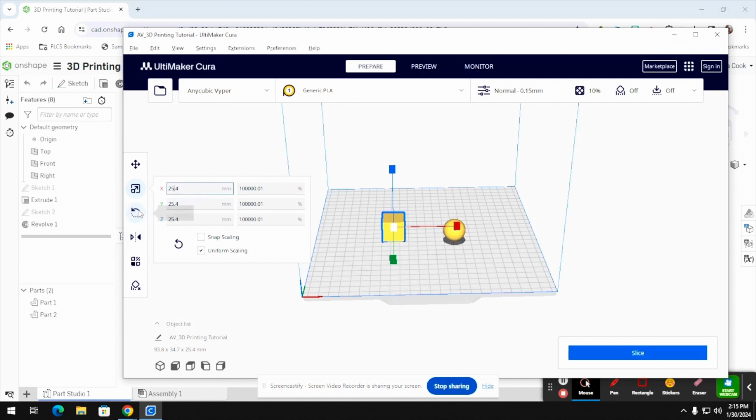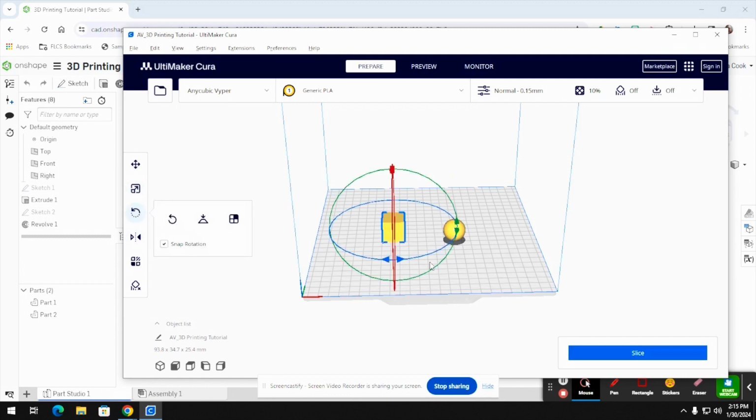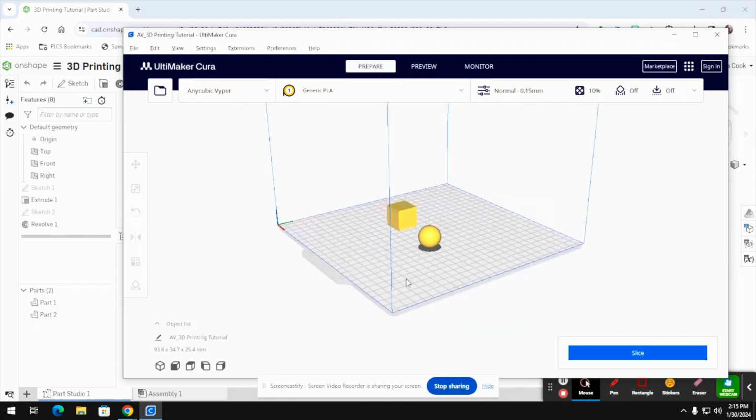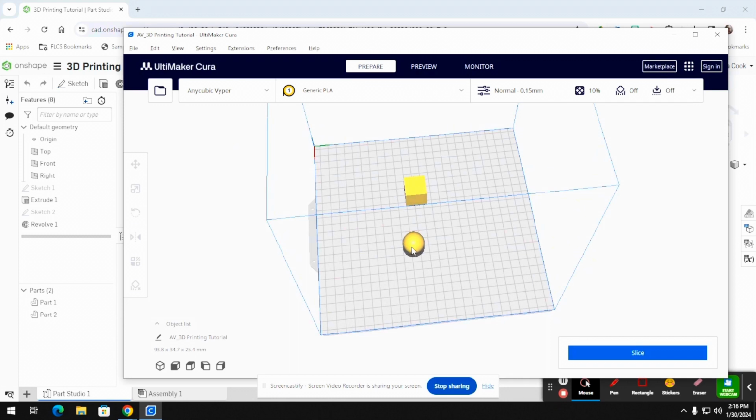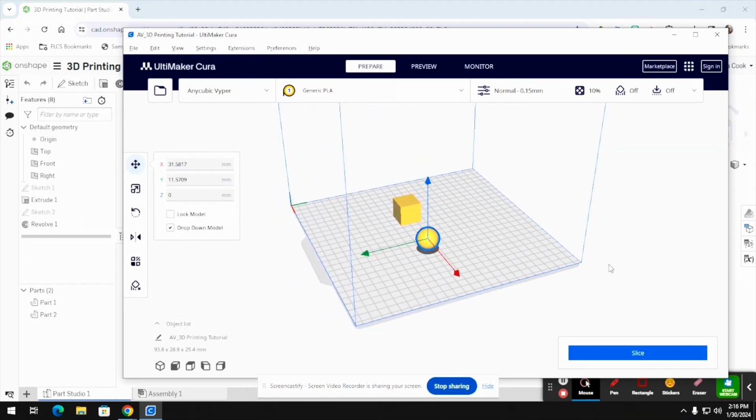You can also rotate your projects by hitting the rotate icon right here. You'll just grab the arrows and you can rotate your project in any way. It'll tell you how many degrees you rotate it, and you can rotate that on any of these axes. We're going to leave it flat how I had it to begin with. And there you see our 2 projects placed on our build plate. The next step will be to